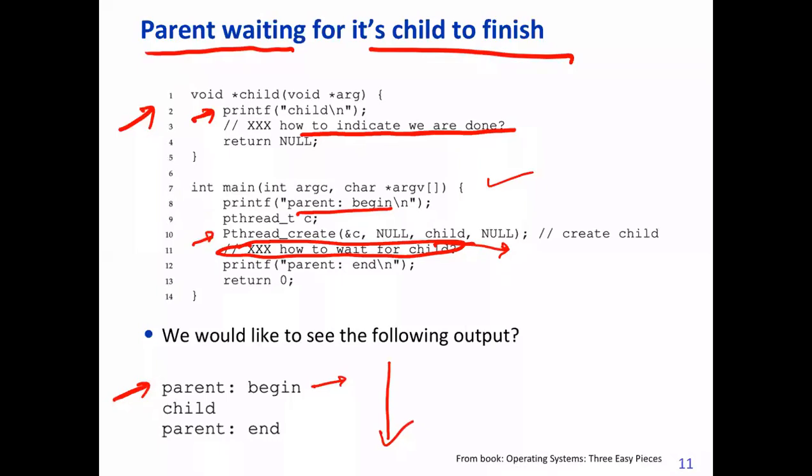It means that first it will print parent begin, this one here, and then it will wait for child to complete because child is forked here, and then child will execute this. Okay, and when child is completing, then it has to indicate to parent that I am done. Then parent can continue. So this is the common part we have to implement. Only then this will be the order. Okay, any question?